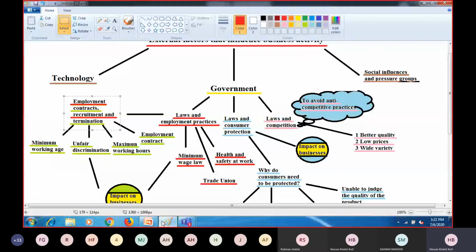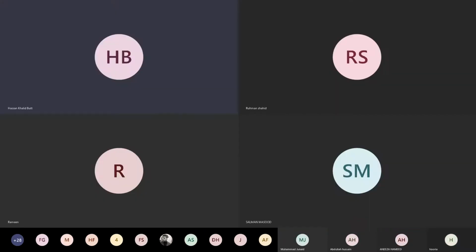So I was telling you that employment contract is a legal agreement between employee and employer. And employer can get so many benefits. I told you once an employment contract is given, employees get motivated as well. So they start working to their potential because they know that they will get their salary at the right time. Similarly, it will be easier to control workers as well because there's a contract there. If the workers do not perform their duties very well, you can take a legal action against them based on the contract you had with the employee.